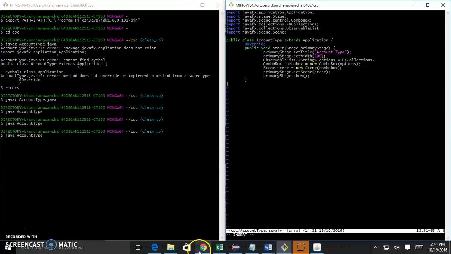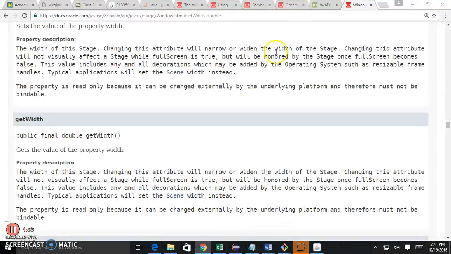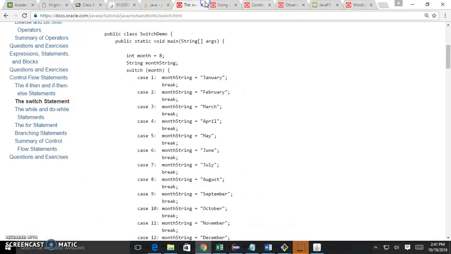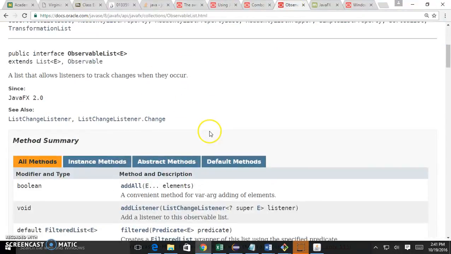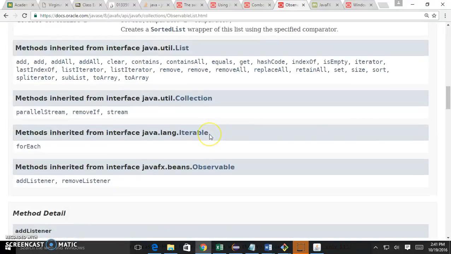We have to look at the method again, and the method that we use is set array, right? Set